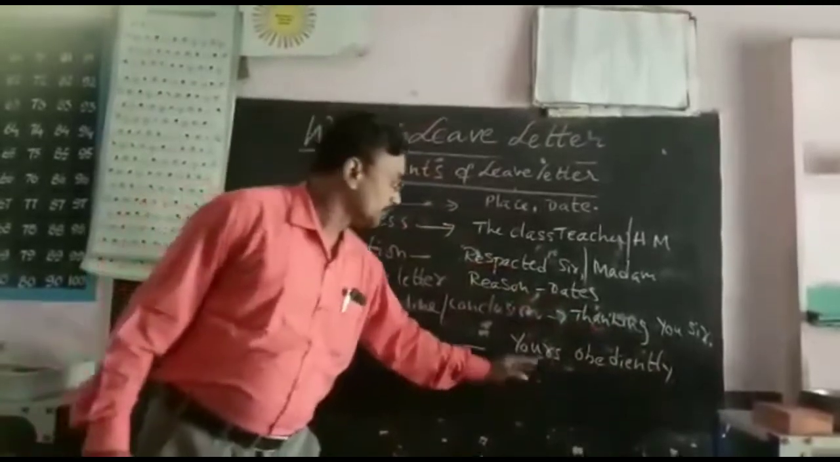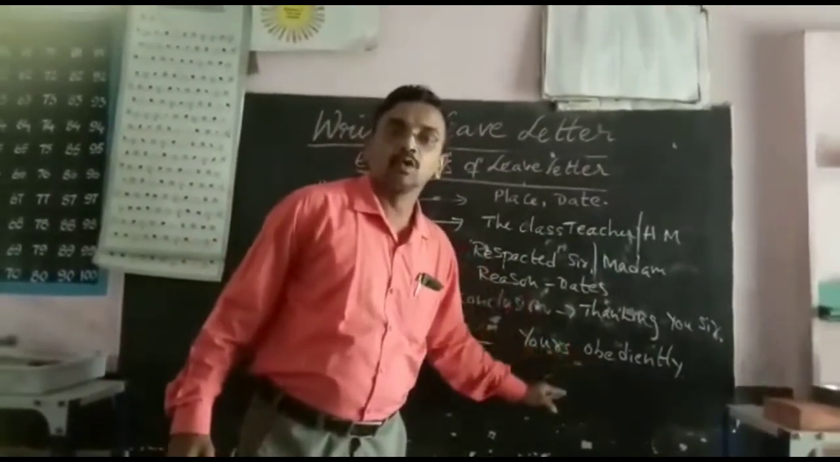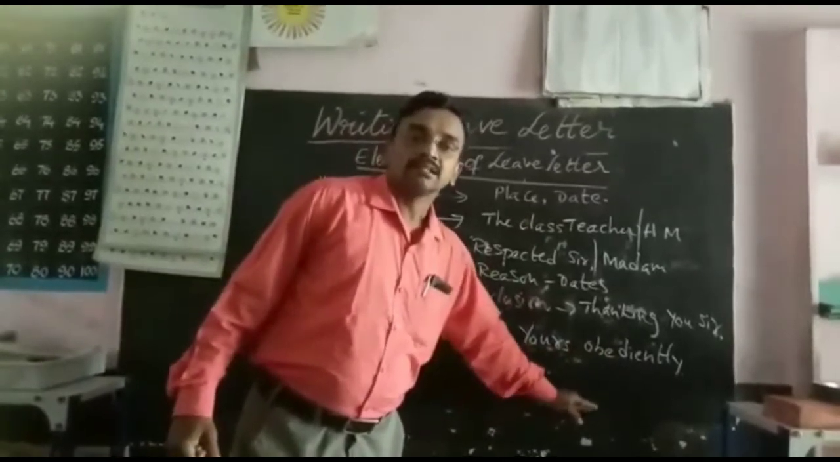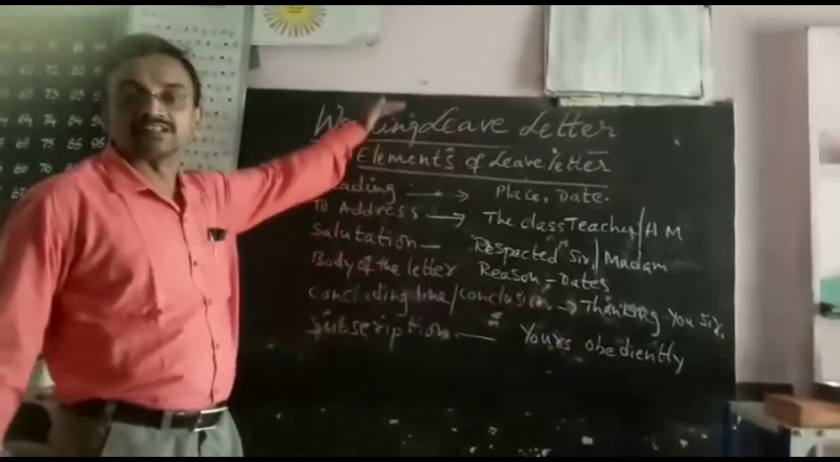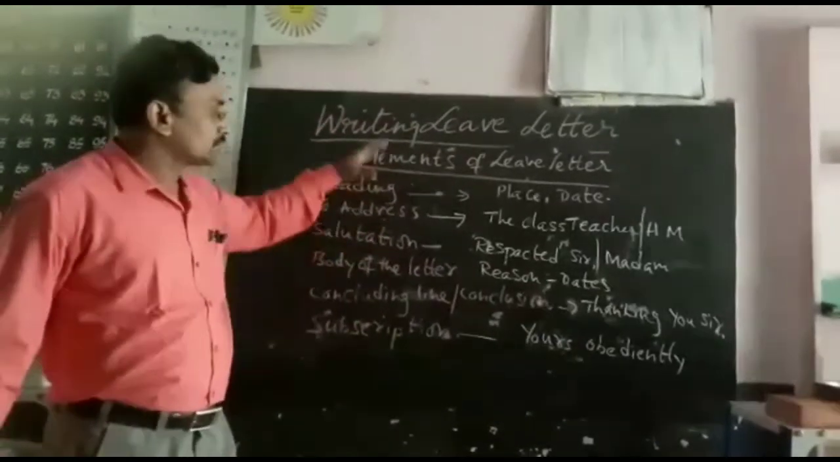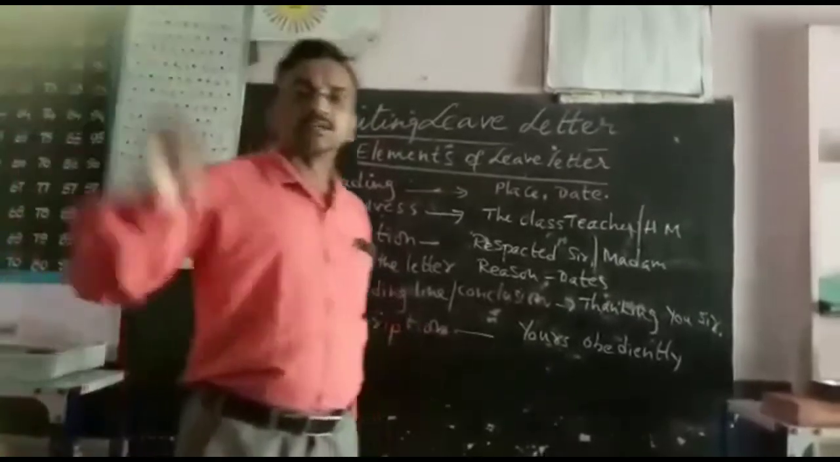Then below that you have to mention your name clearly, roll number and class. These are the elements of a leave letter. And sometimes you may be asked to write a letter to the headmaster